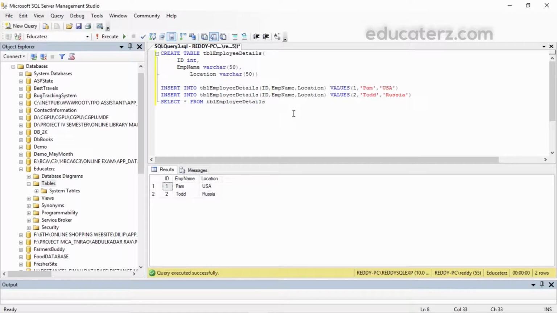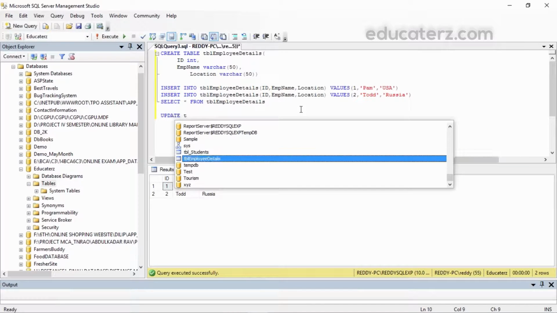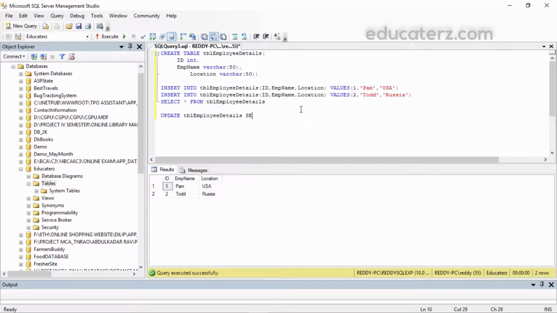Today, we are going to see the update query, how to update table values by using an update query. Update, then the table name, whatever the table name is, TBL employee details. Set the column. I want to change the location, so location equals